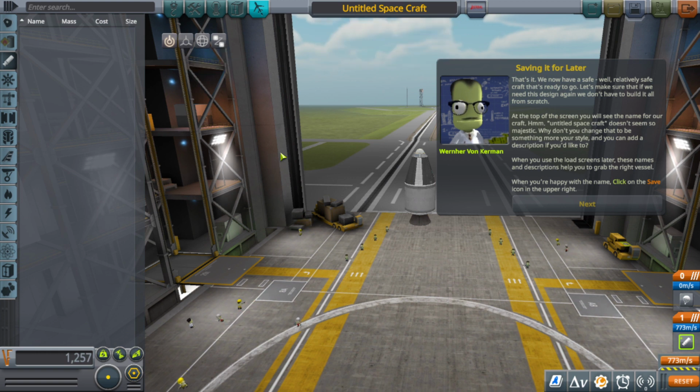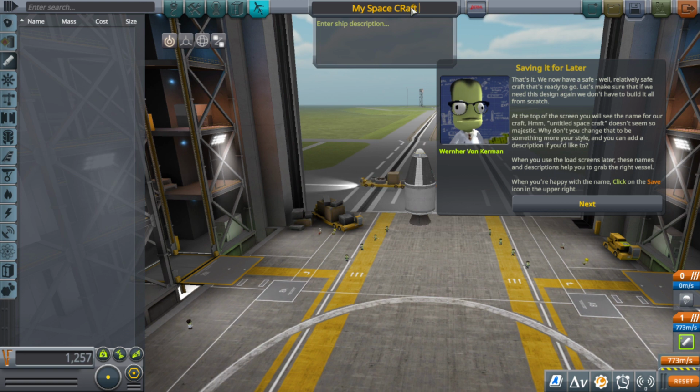Okay, Mr. Von Kerman is telling us that we have to change the name of this craft. Like, I'm gonna keep that my one, and they asked us to enter the ship description. I will keep it as